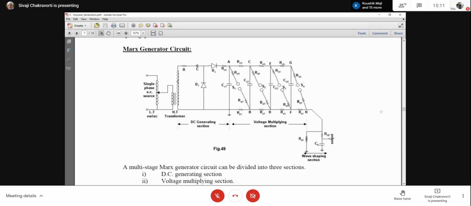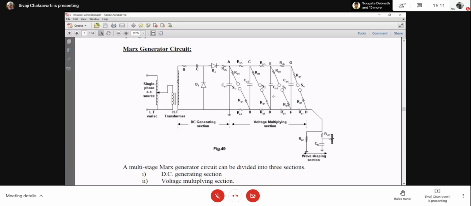Now let me explain how it works. First is the charging circuit. I am not going into it because that's a typical Cockcroft-Walton voltage doubler circuit. You can see the points A, C, E, and G. They are all connected to the doubler circuit through a charging resistor, RCH. So all the four capacitors are charged in parallel so that they will be charged at the same voltage. Let's say the voltage across all of them is V.